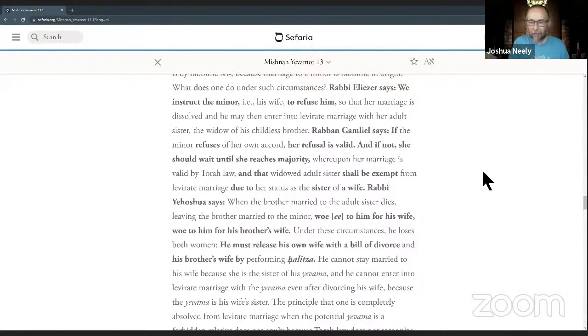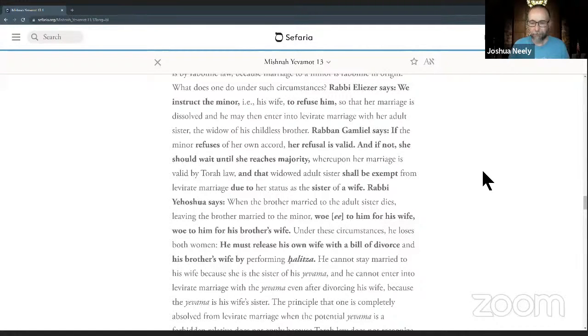And now he is freed of his bond to the sister who was married to the deceased brother, because he obviously can't do yibum with her because she is the sister of his wife. So Rabban Gamliel's solution to this is just wait. Of course, waiting means that the older sister would still remain trapped to the